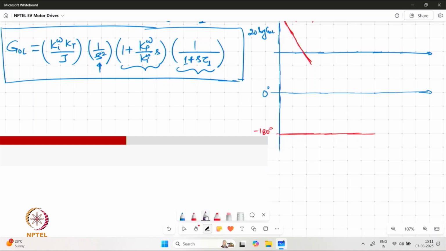So what is observed is that at the gain crossover frequency we have phase at minus 180, which means that we have a phase margin of 0 degree, which indicates that the system is unstable,